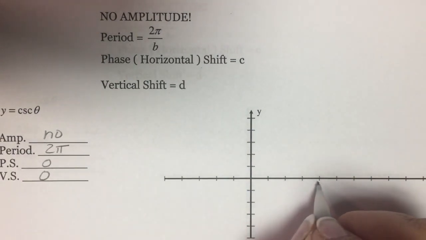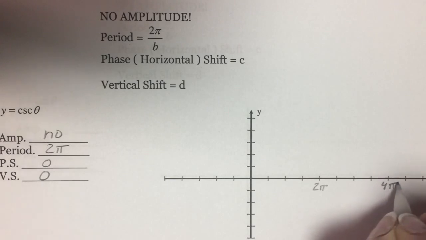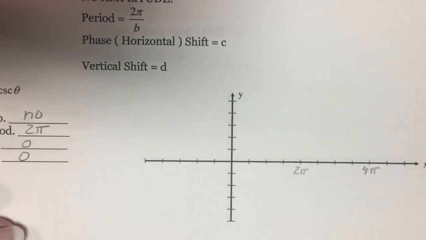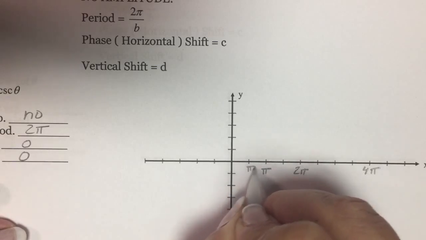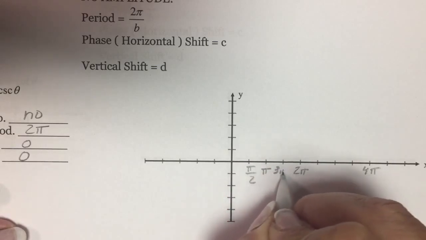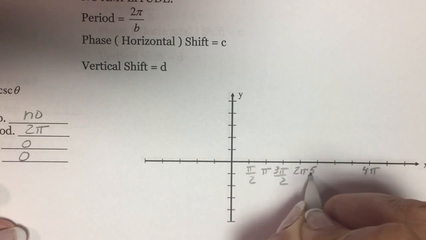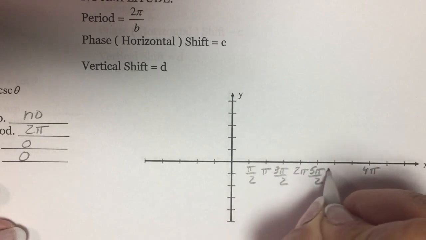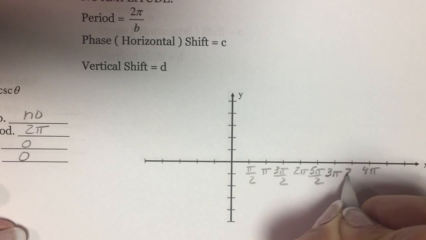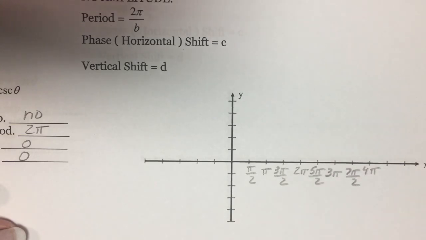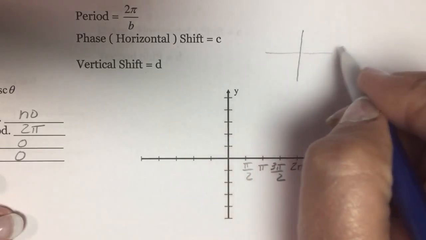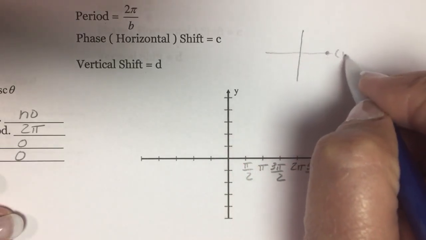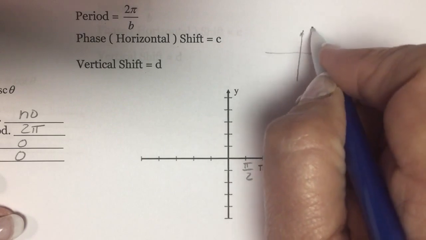Since my period is 2 pi, I'm going to go out to 2 pi, and then I'm going to go out 4 more to 4 pi, just like I did with the others, except for tangent. We're going to have pi over 2, 3 pi over 2, 5 pi over 2, 6 pi over 2, and 7 pi over 2. Now let's look at that same. Remember, if I'm on the unit circle, if I look at my quadrantals,